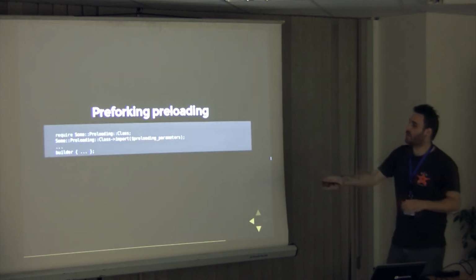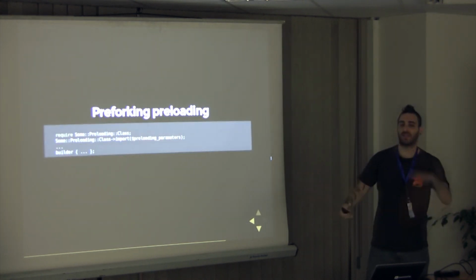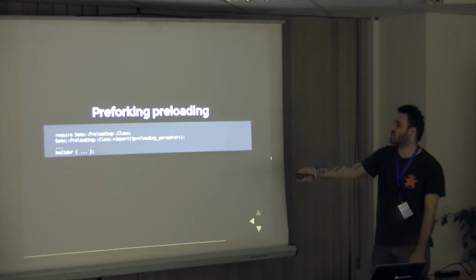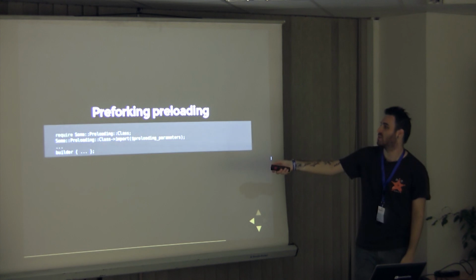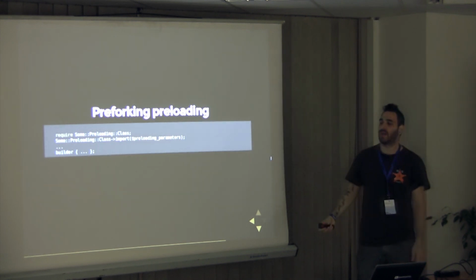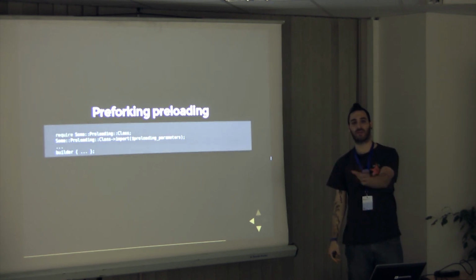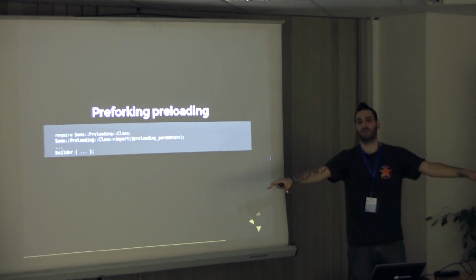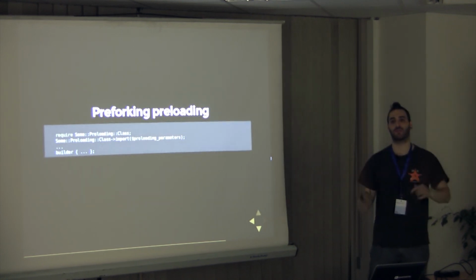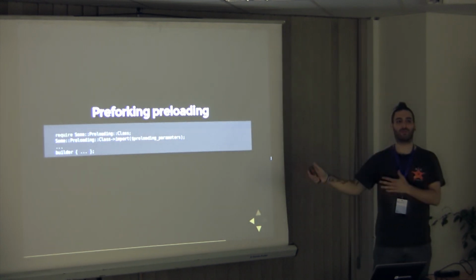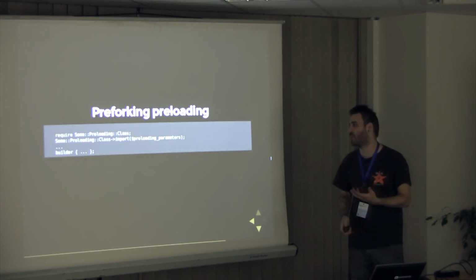So, you know the builder thing that I showed that creates this nice app? I can load stuff before in memory. So I can just say, require this class, import stuff from it, and I just loaded stuff into memory. A lot of stuff, I created this app, and I sent it to the server forks. All of these forks now have access to the same thing. I didn't have to load again into memory. This is a very, very, very cool trick. You can save a ton of memory with this.